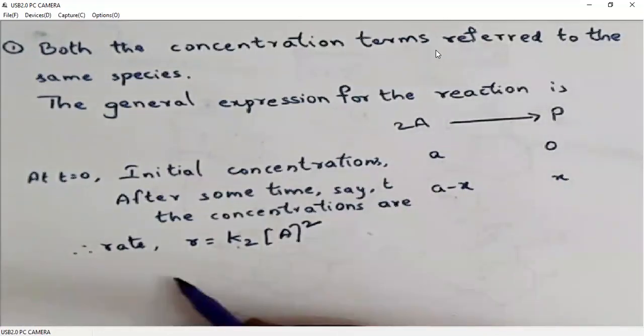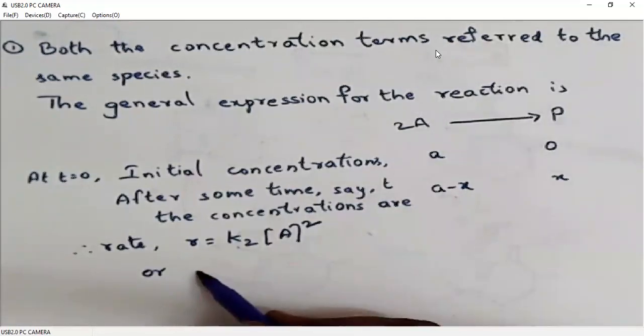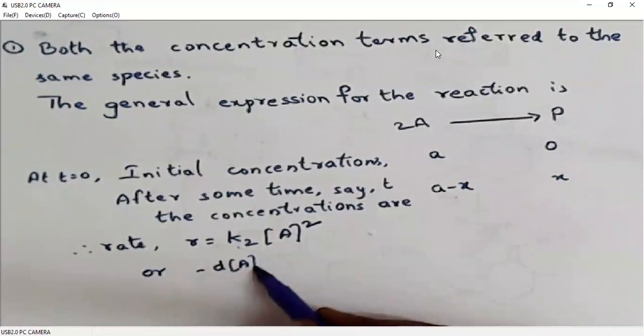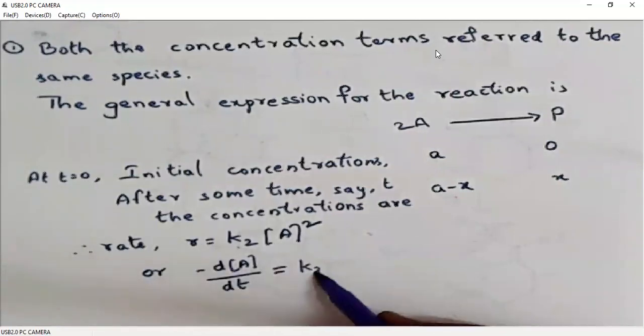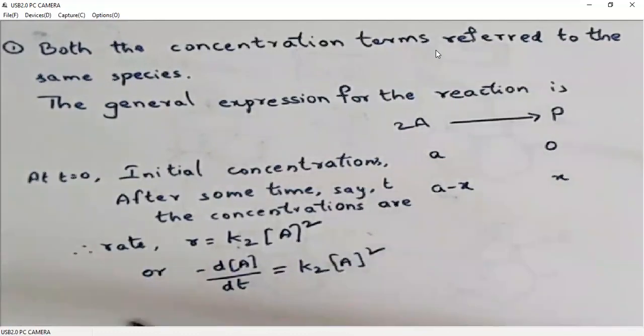Then we can write the differential form of rate. The differential form of rate is the decrease in the amount of reactant with time, or we can say the rate of decrease in the concentration of reactant. So this differential form of rate can be equated to the rate law. Now we will rearrange the variables. Variables are concentration term A and time. When we rearrange this, here A square is a multiple. When we bring it to this side, it becomes a denominator. dt, which is a denominator quantity, becomes numerator here.